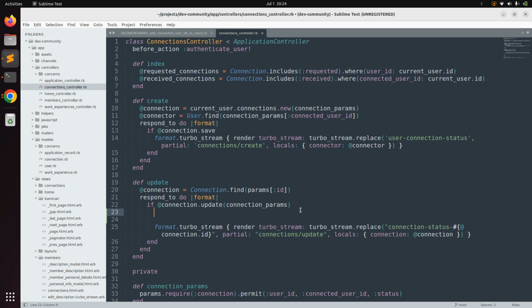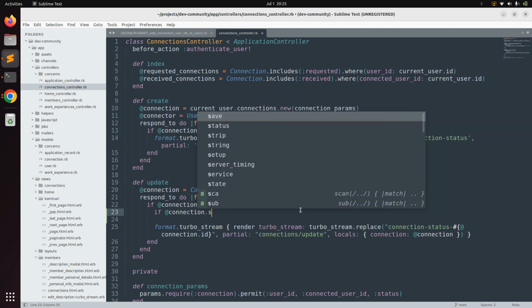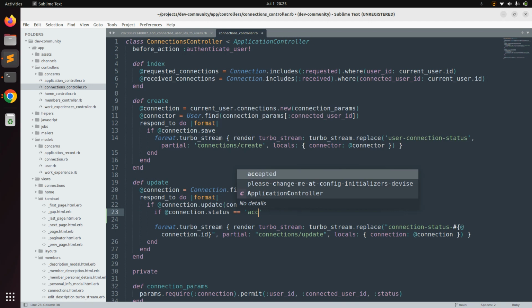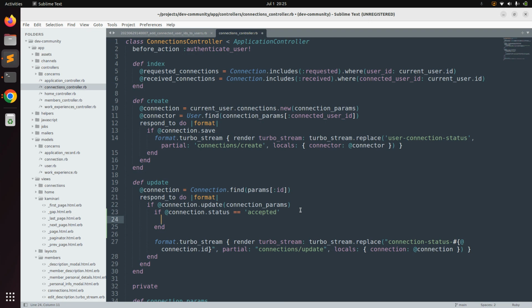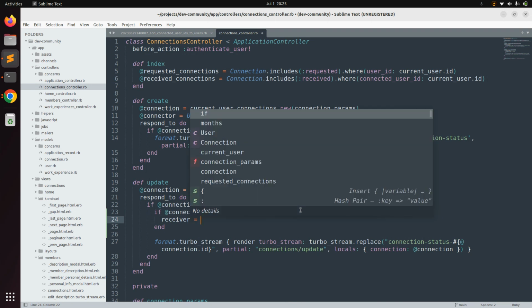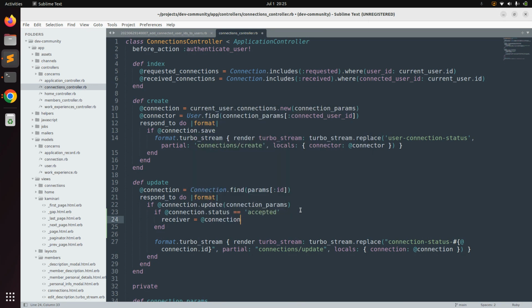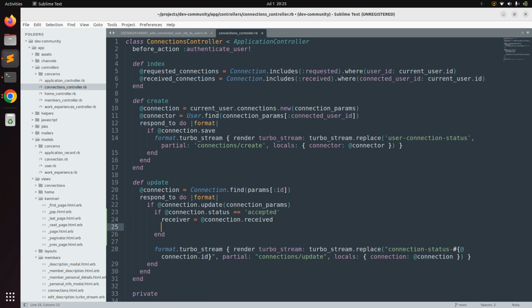Okay, so let's check if the connection status is accepted. So make an if statement here, that is, if @connection.status equal to accepted. Okay, if it is accepted then we need to do the update for connected user IDs. Now first make the update for the receiver. So what we can do here: receiver equal to @connection.received, and now receiver.connected_user_ids,